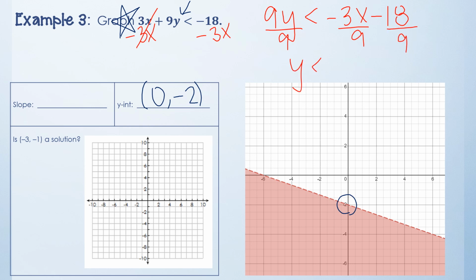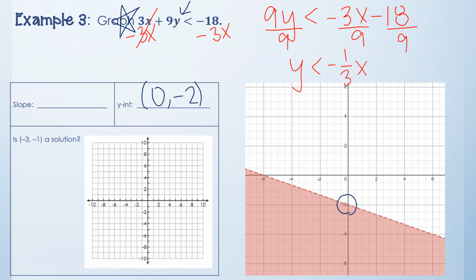So y is less than -3 divided by 9, which is going to give me a fraction. I don't want to write it as a decimal, because we would have to round it, and because it's my slope, it's okay for it to be a fraction, since that's my rise over run. So this would simplify to be